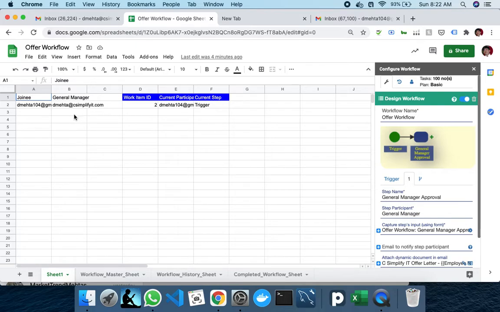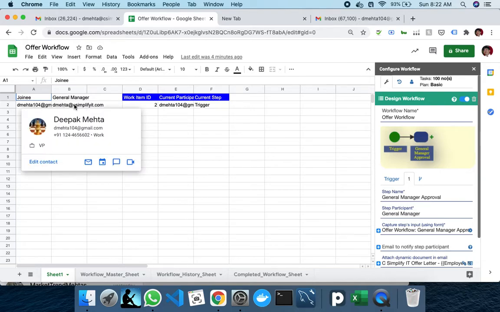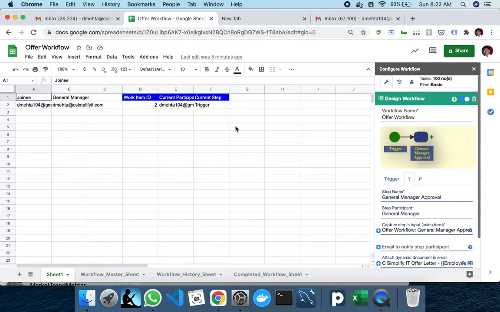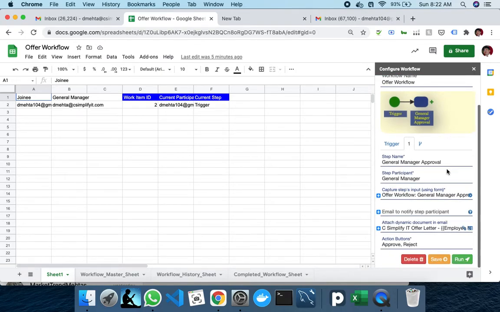By default you will not be able to access the forms generated in the C Simplify IT domain in Gmail. But for some workflows, for example a joiner workflow, you may need to send it on Gmail or somewhere so that users can process it.